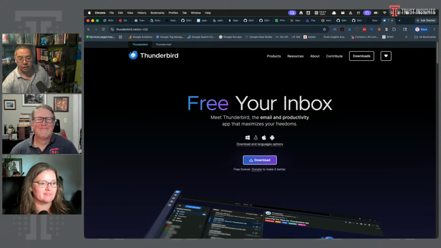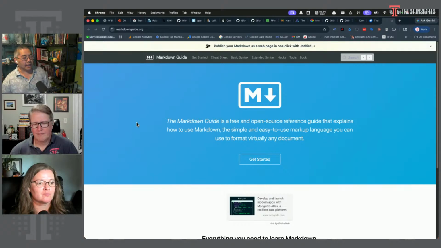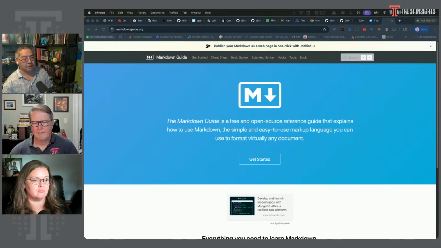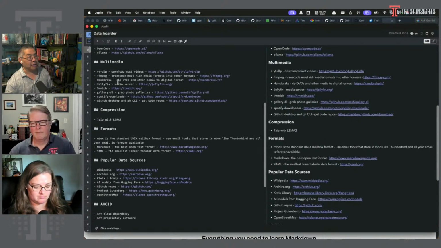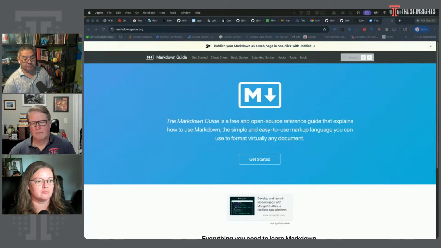Second format you should know and love. We talked about this recently in Analytics for Marketers: Markdown. Markdown is a plain text format that has styling information in it but is still plain text. So, for example, today's show notes, you can see on the left-hand side, this is Markdown. It's text with a few little text marks, and then you can see what it looks like when it renders. Markdown, again, will be something you can open up in 100 years and will still be usable.